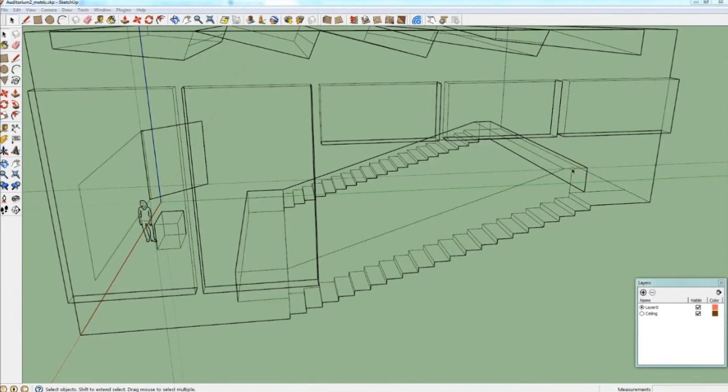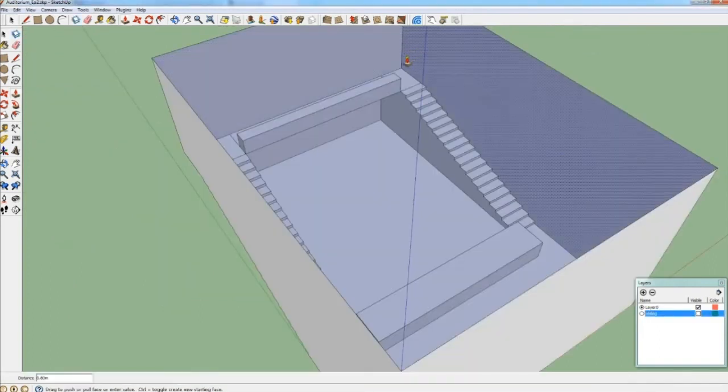And now in the auditorium you can see that here we have a rectangle that has a small offset in relation to the rest of the box. This is 0.8 meters. So we are going to make this rectangle. We'll draw a line here to 80 centimeters.